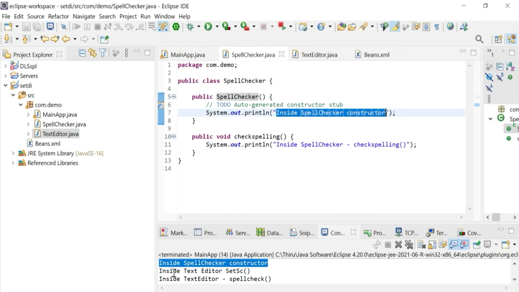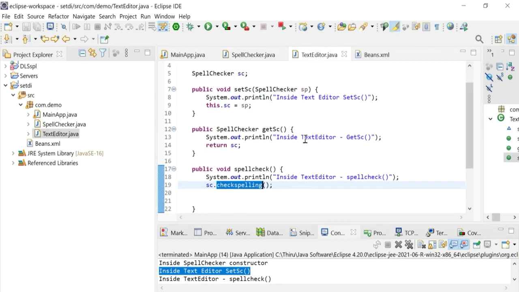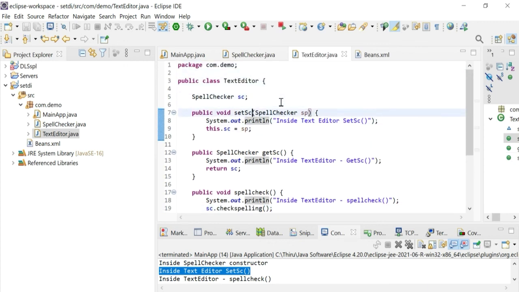And then inside text editor set C, again the control goes to the text editor class, and in this class the setter method setSC is executed. You can see inside text editor set C, so this text is printed on the console, and then the spell checker is initialized in the spell checker reference variable.